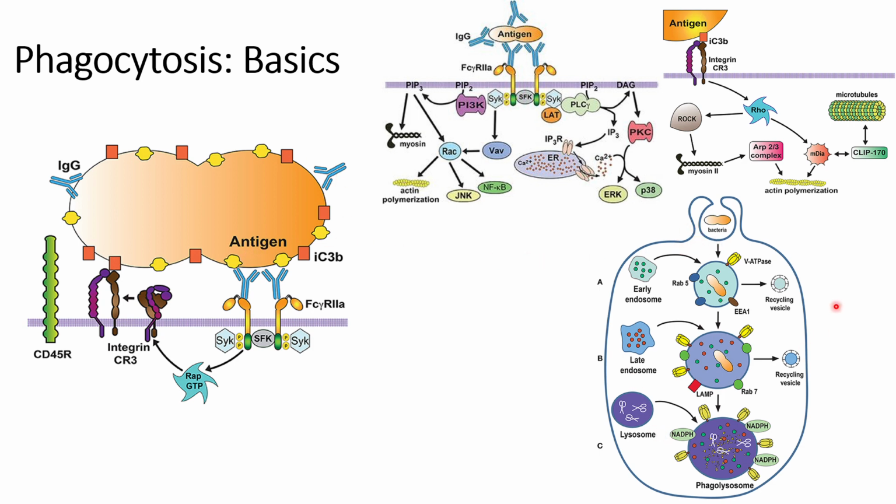This is just a brief overview. When the antigens interact, how do these phagocytosomes try to engulf them? It will engulf the bacteria or the foreign harmful particles that have been detected by the immune system, in three different stages. The first one is the early endosomes. In this case, the vesicles that have been used for engulfing the bacteria will be recycled, and at the same time some of the